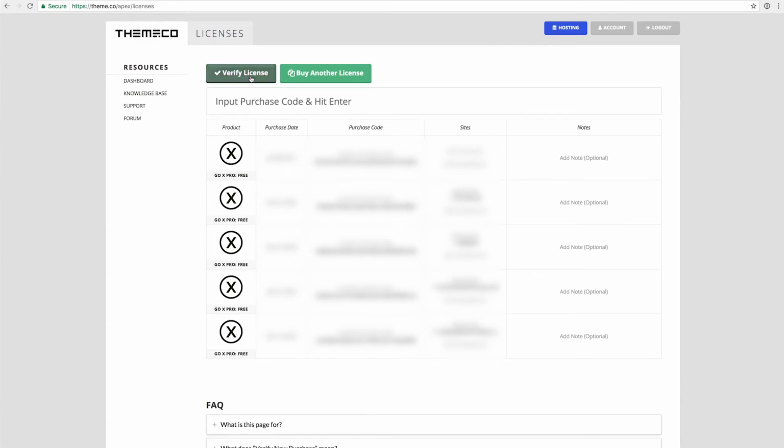Now you will click the verify license, then you have the purchase code, and you just enter the purchase code in this field, and then you click enter. It will verify that the code is not used by someone else, and then you can just start using it. This process is necessary to activate the license, so you can actually use it in WordPress after you've installed the